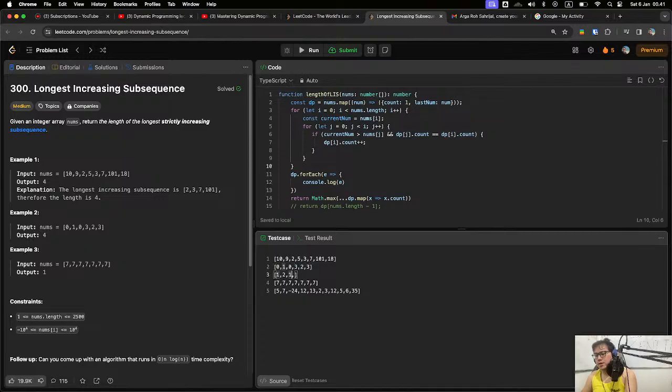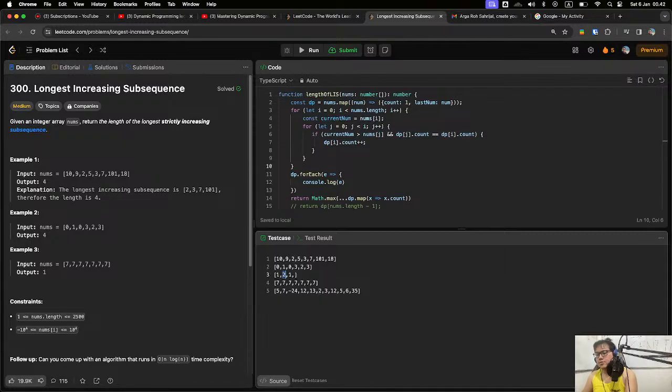Now again, we look at each element before the current element, and we look at the length of the longest subsequence at each index. We know that the zero index has length 1 as its longest subsequence.